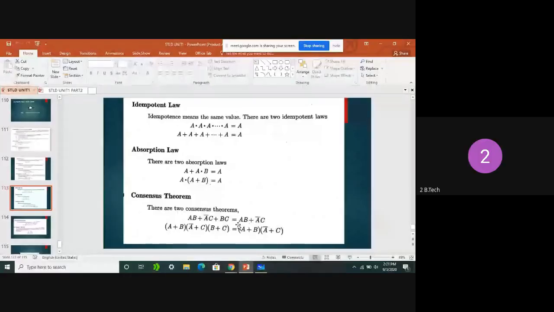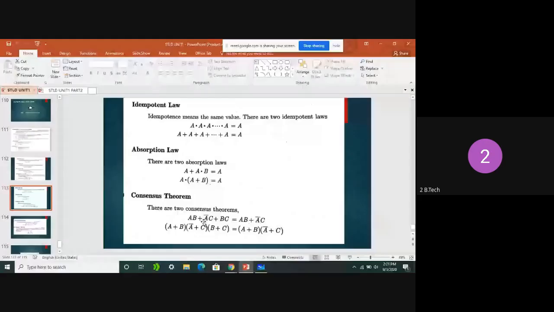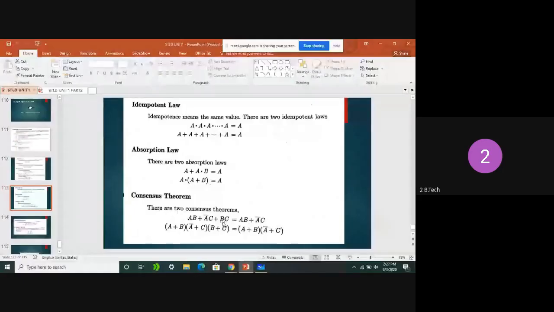How are these three product terms related? Using sum, sum in the sense of OR. So AB plus A bar C plus BC can be called a sum of product terms. Is that clear, all of you? Sum of which terms? Product terms. One specific name is there in our syllabus also: sum of product terms and product of sum terms. These two definitions are very important while simplifying Boolean functions. We will see this clearly in the next sessions.